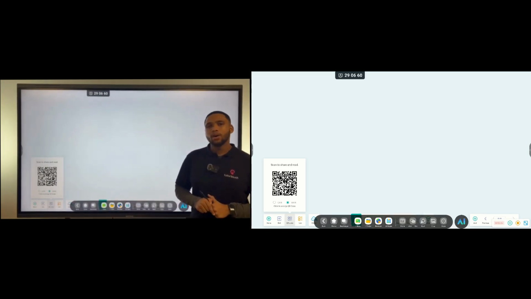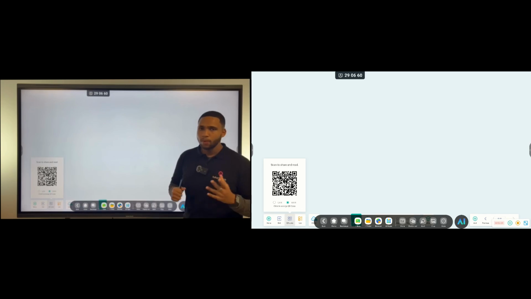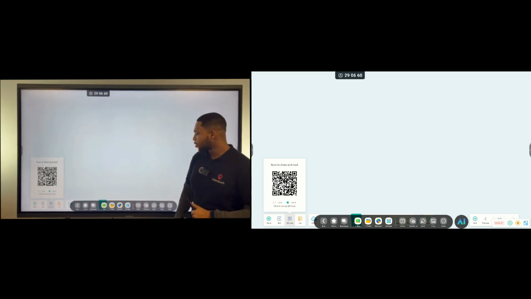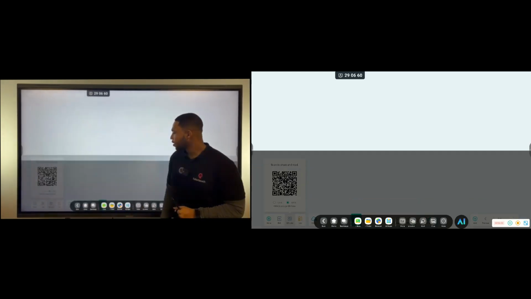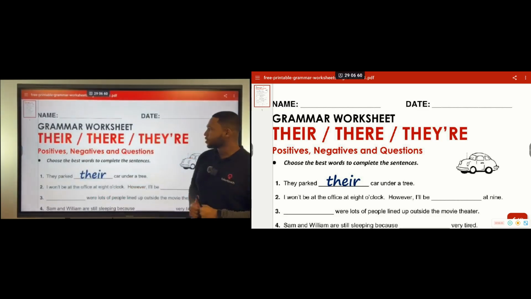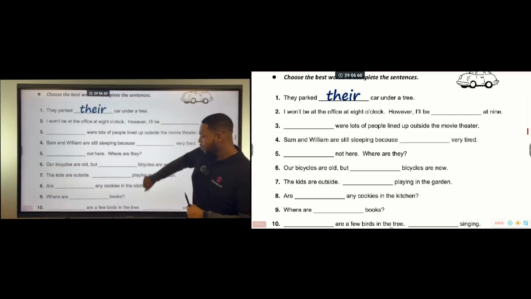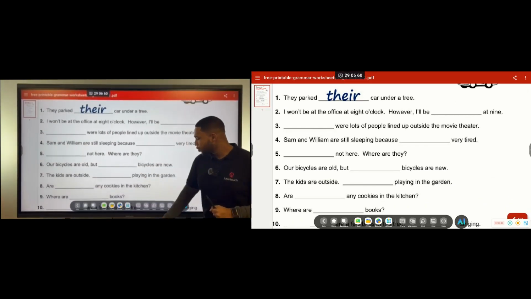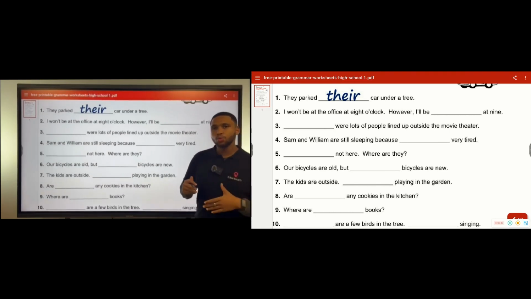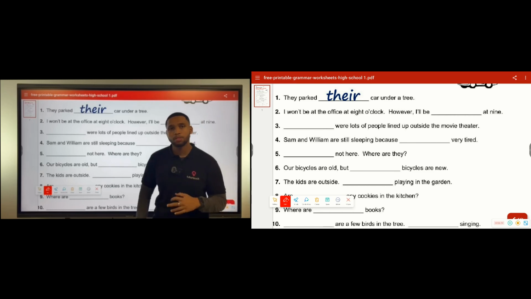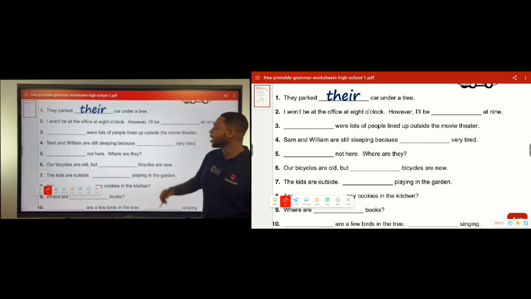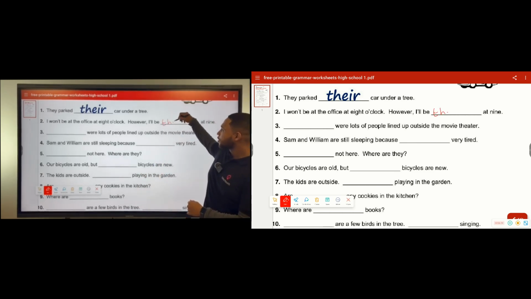You might be wondering now though, what about my PDFs? How do I work on my PDF files? So we'll go over to a PDF that I have opened. This is English. You can simply use the mark tool or feature built in on the panel, and you can annotate